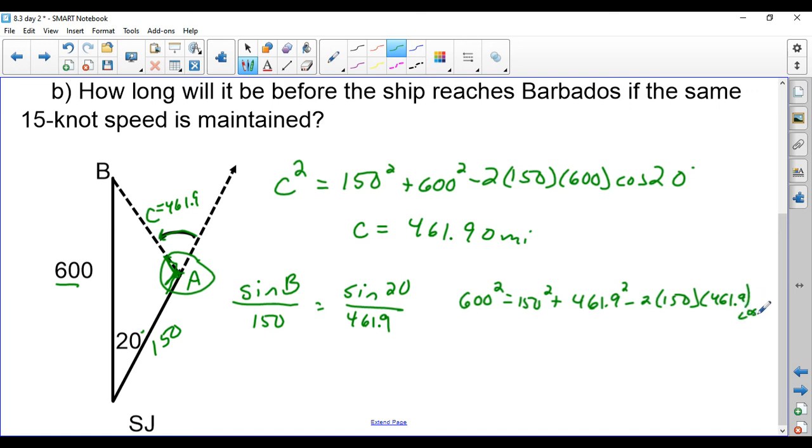This is cosine of A over here. So I have a couple options for finding that angle. When I do so, it should be about